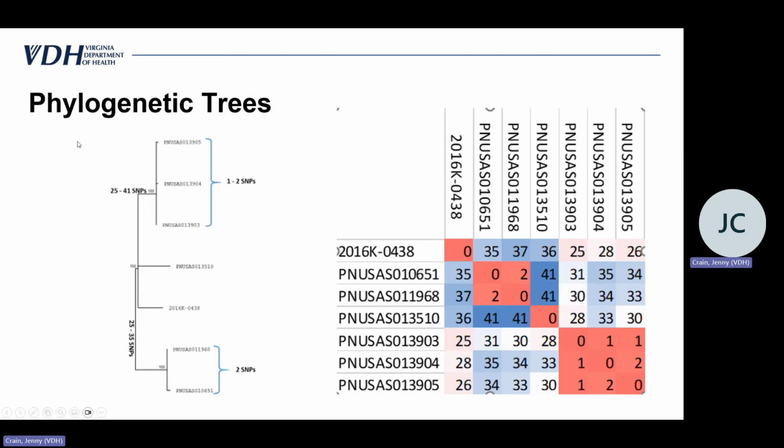I think it's better explained on this next slide. So in terms of looking at the phylogenetic tree in comparison to the SNP matrix, in the first lesson I mentioned that often we will get a phylogenetic tree without a SNP matrix. Sometimes we'll get a SNP matrix without a phylogenetic tree, and that is not ideal. Ideally, we would want to have both of these so that we could compare them side by side to better